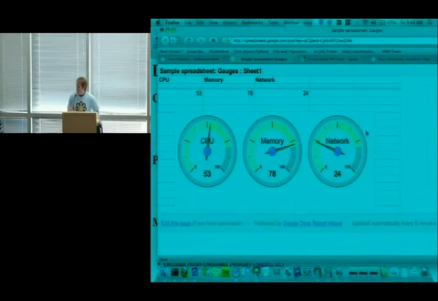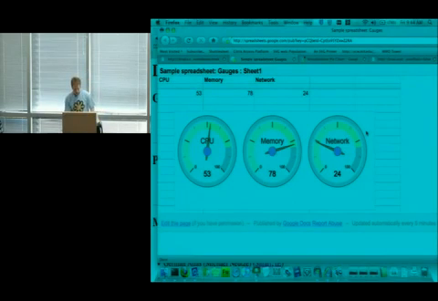This right here is actually called a gauge. It's a visualization that will turn anything into a gauge. You give it a variety of values. And you're actually looking at a Google spreadsheet that has what is known as a gadget, and that gadget has the visualization in it. It's turtles all the way down.